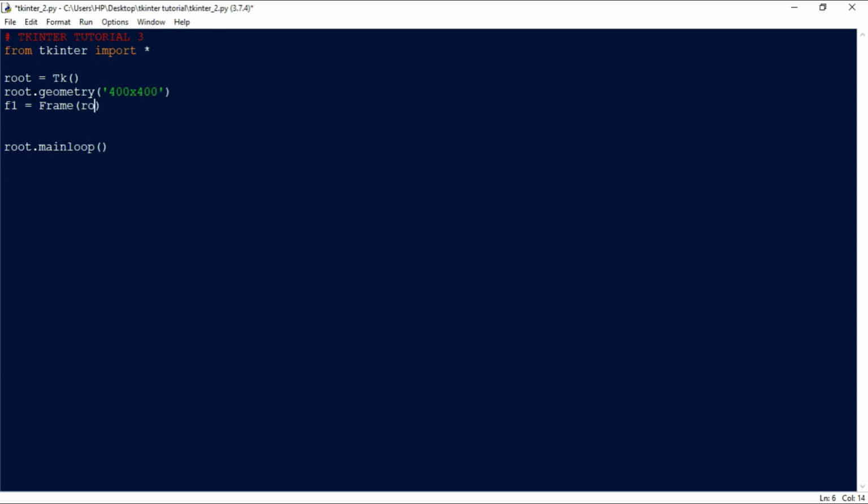In this case we want it inside the root variable, and next parameter will be the dimensions, that is height and width. So height we'll keep as 100, and width we'll keep as 100, or suppose we'll have this width as 400,